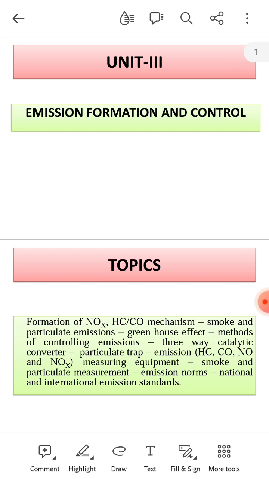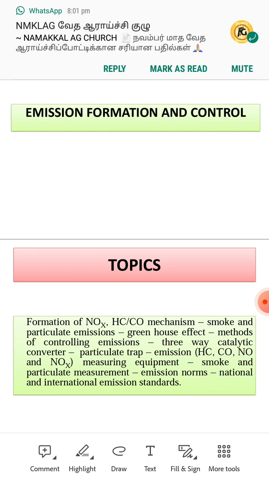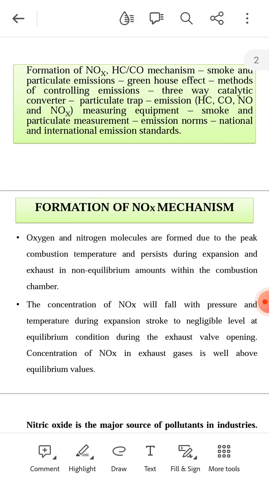I will discuss advanced IC engines, Unit 3: Emission Formation and Controls. The following topics are discussed. First, formation of NOx (nitrogen oxide), hydrocarbon, and carbon monoxide mechanisms, smoke and particulate emissions, greenhouse effect, methods of controlling emissions, three-way catalytic converter, particulate trap, emissions measuring equipment, smoke and particulate measurement, emission norms, and national and international emission standards. First one, the formation of